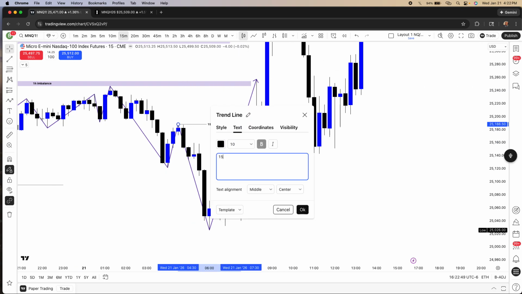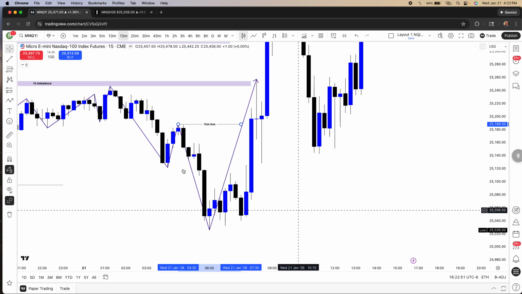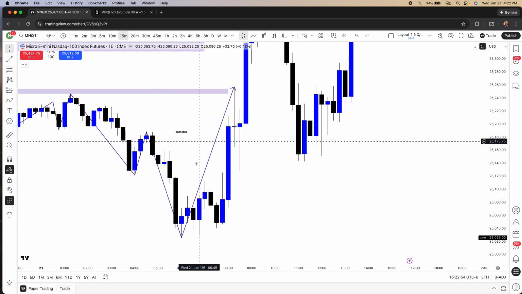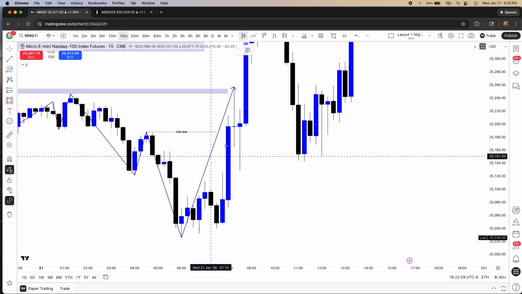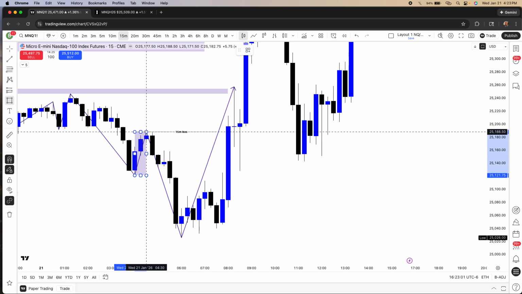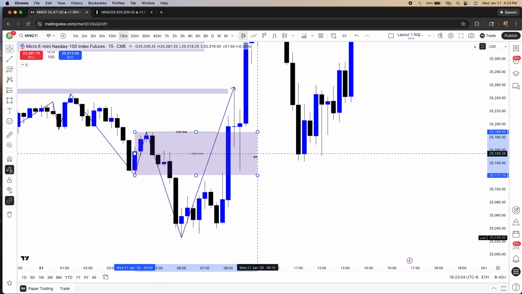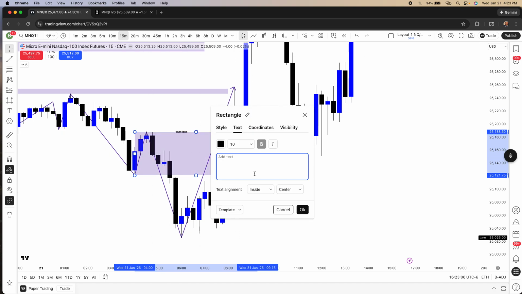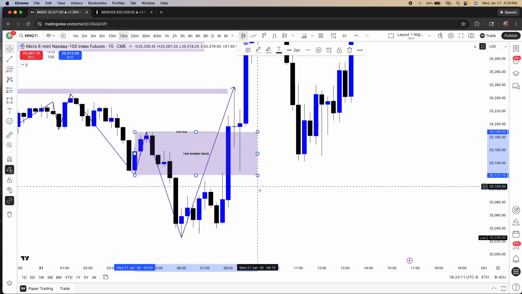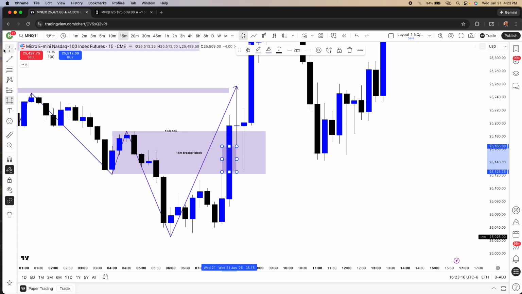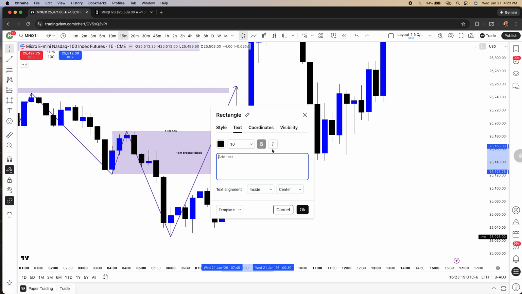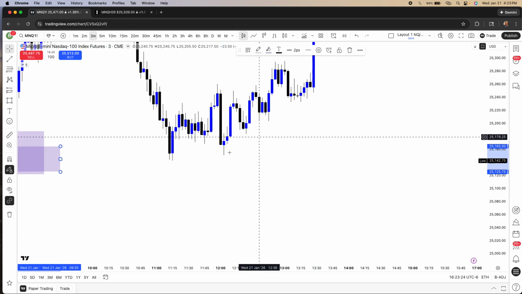So that is a 15-minute break of structure. And you can see that we broke completely through this range of sellers, and we closed above it, making this a breaker block for me. We know that breaker blocks get pushed right through. So this being a 15-minute breaker block, I wanted to see price come back also into this 15-minute imbalance on top of that. And then that's when I was down on the lower time frame.